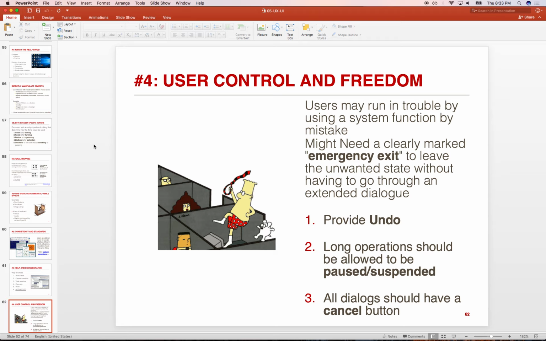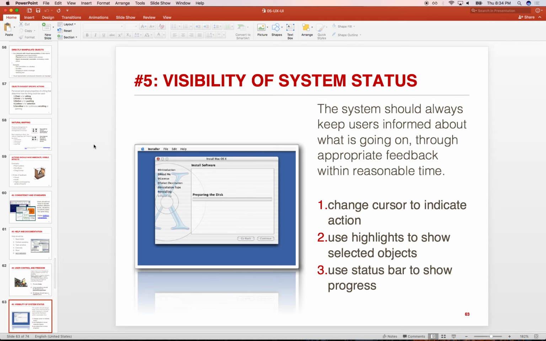That they have a means for somehow going back to a previous step that was stable for them, right? Where was I? How did I get here? Right? That there's a way to either cancel what you were trying to do, or go back to a previous state that you knew where you were safe, right? That you can give them different states that you can jump from and go back to and undo what you were doing, or if it's something that is taking longer than you expected, that you can just pause it or just cancel it, right, and go back to a previous known state, right?